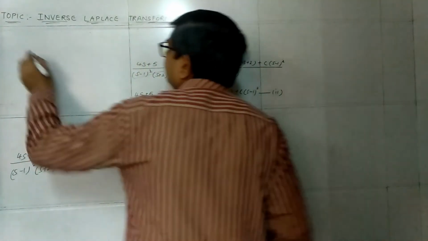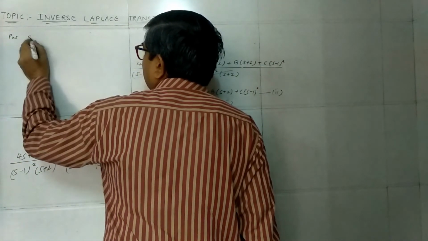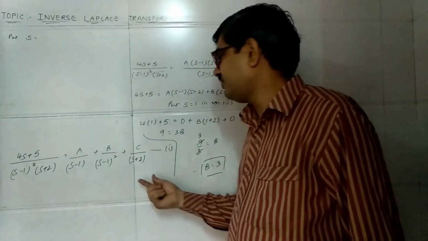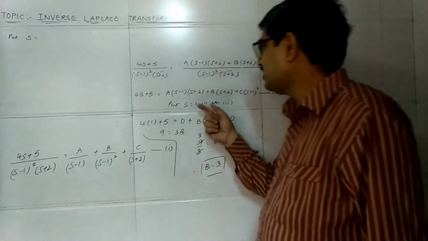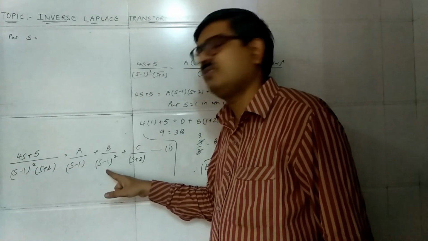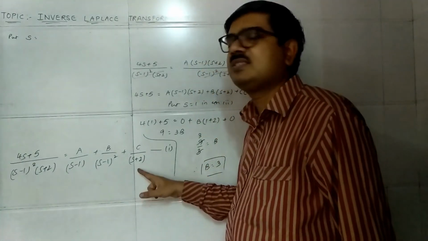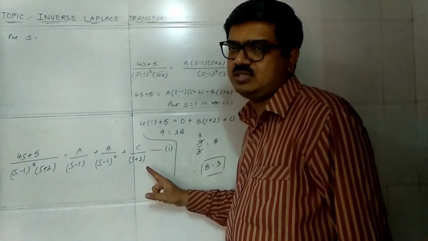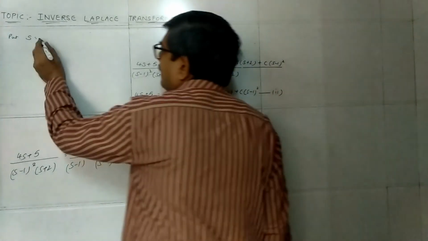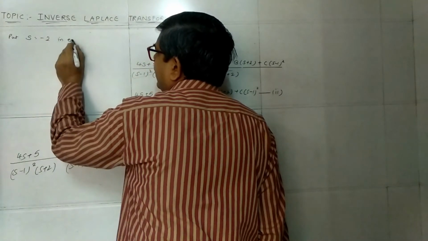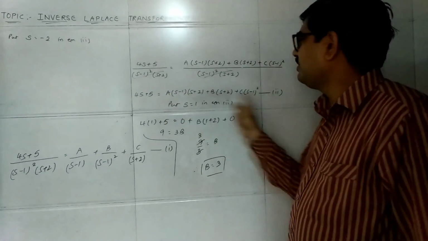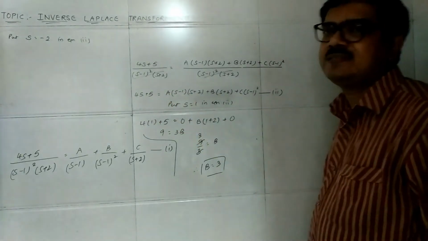Now put s is equal to, we will get the value of s from here. See, already we have put s is equal to 1 here, so we can't take from here and here since both s minus 1 are there. Now consider this one. Here s plus 2 is there along with s, that is you have to take the opposite sign, right? So put s equal to minus 2 in equation number 2. So in this equation 2, wherever s term is there, put s equal to minus 2.